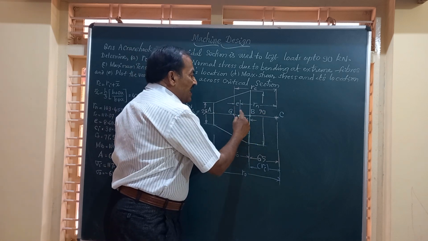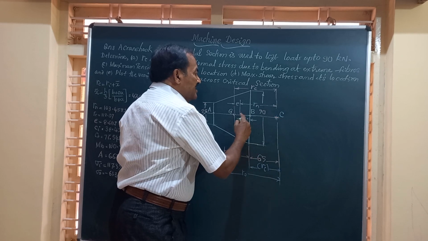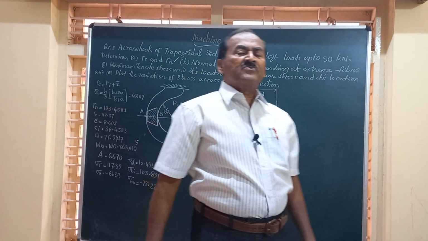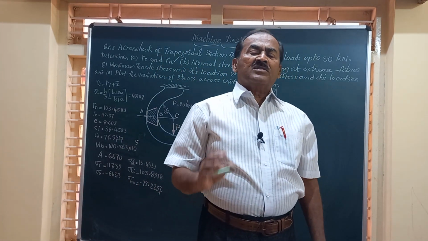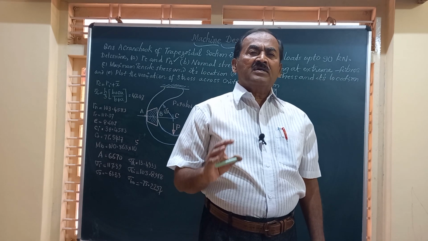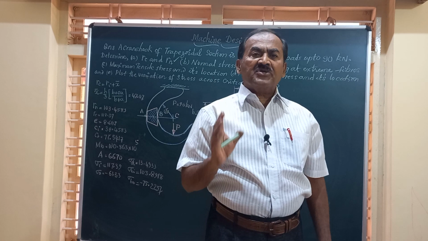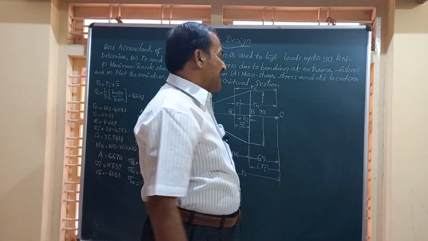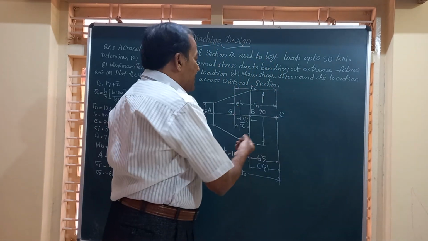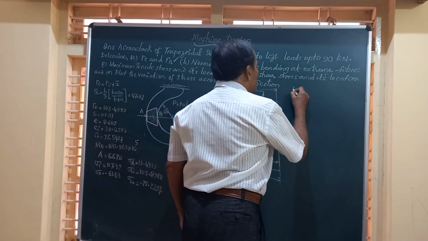This is our Rn. I told you in previous videos that the values of Rn in terms of the dimensions of that cross section are given in the machine design data handbook. And for a trapezoidal section,